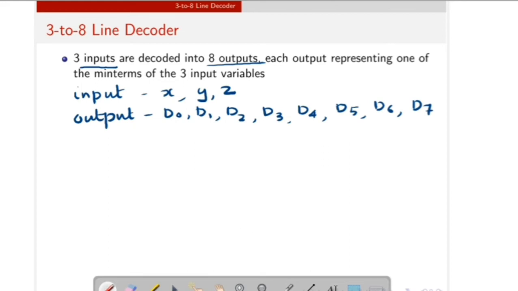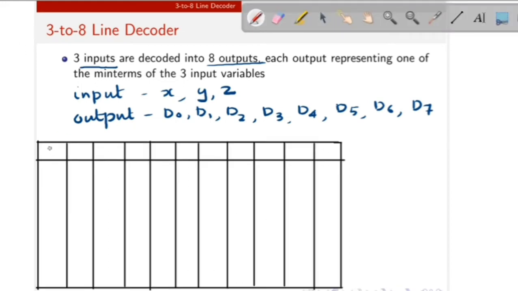Next we can draw the truth table for this. So this is the truth table for the 3 to 8 line decoder. Here there are 3 inputs X, Y, Z. These are the inputs. Then outputs are D0, D1, D2, D3, D4, D5, D6, D7.